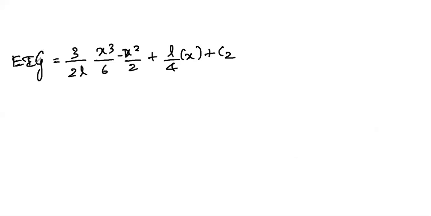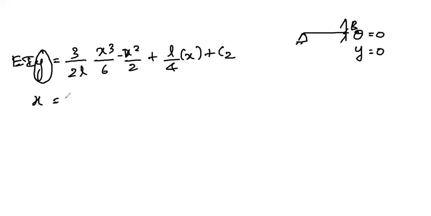Okay, so I should know the value of this deflection. Then only I can find the value of C2. So in this beam, we already know this is a fixed support. The slope at this point is 0 and at the same support B, the deflection will also be equal to 0. Okay, so what happens to x here?